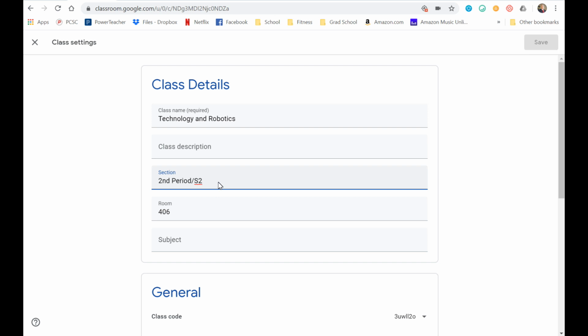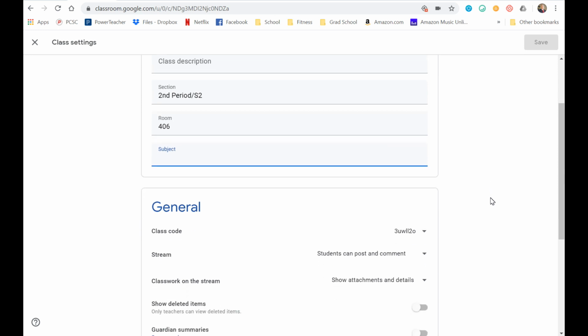Since I teach semester-long courses, I would have an S1 and an S2 course, but you may not need to do that. I also add the room number, and then you might have the subject that you teach there. The more information that you put in here, the better your class title is going to be. Another setting while we're in here that you might be interested in,